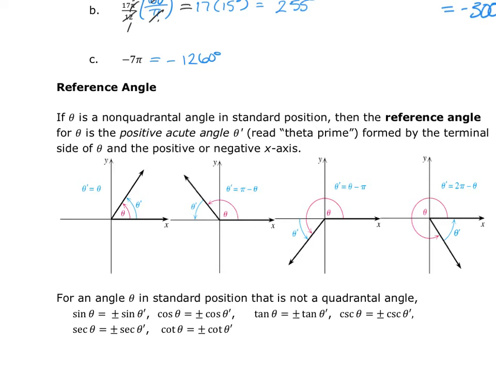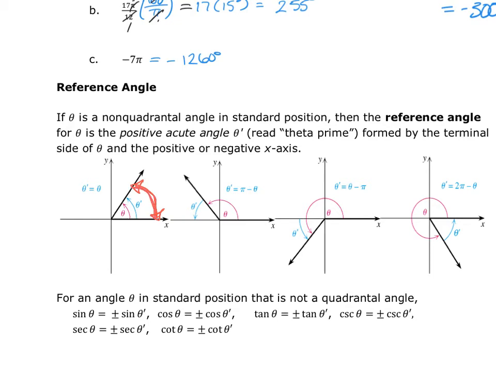What a reference angle is, it is the shortest distance from your terminal side to the x-axis. It is always to the x-axis. And it doesn't matter which way you rotate to get to the x-axis. It is the shortest rotation from the terminal side to the x-axis. So in this case,